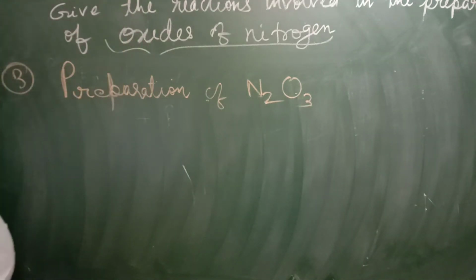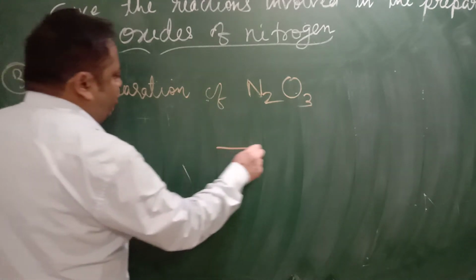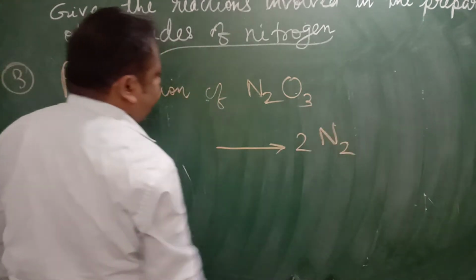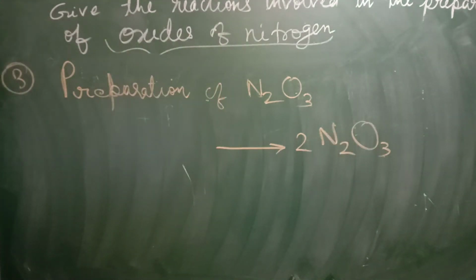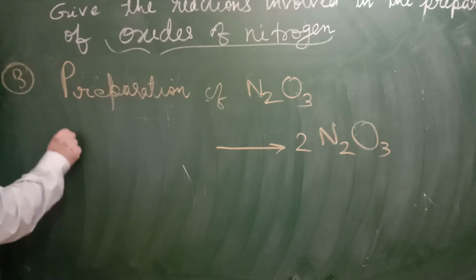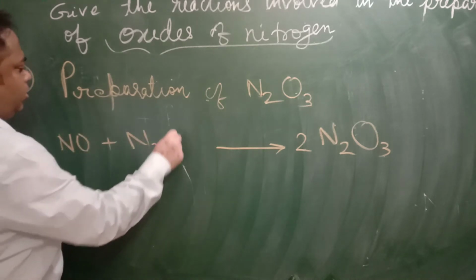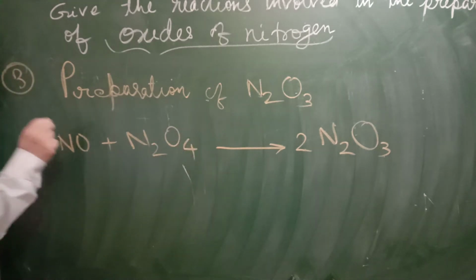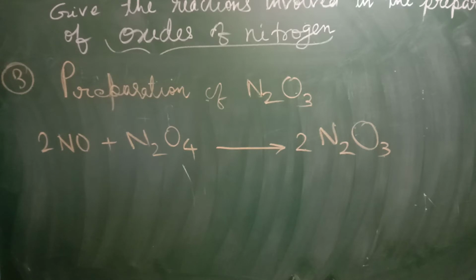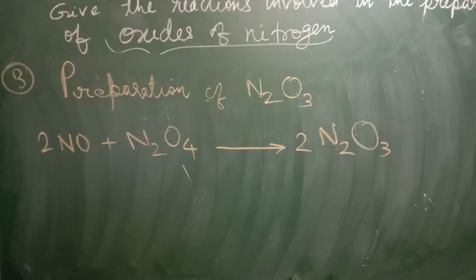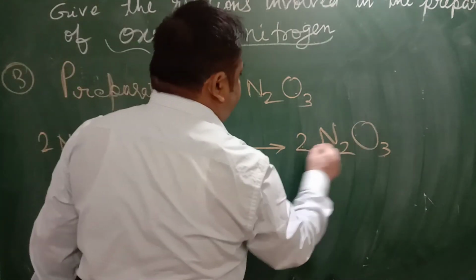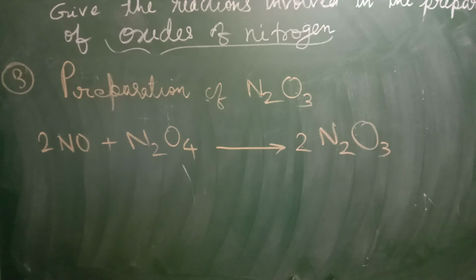So for this, what we can do is, we can imagine that we will prepare 2 mole of N2O3, such that we have 6 oxygen atoms. So what are the 2 oxides which we can add? We can take one NO molecule and we can take one N2O4 molecule, and we can multiply this with 2. So this will become 4 nitrogen atoms, and here 2 oxygen plus 4 oxygen, 6 oxygen atoms. So in this way we can prepare dinitrogen trioxide or nitrogen 3 oxide.